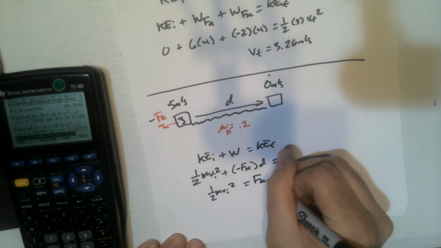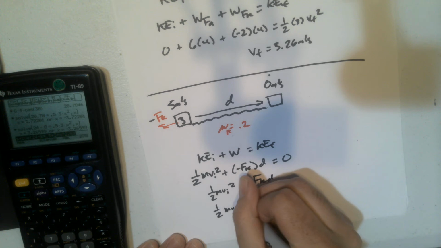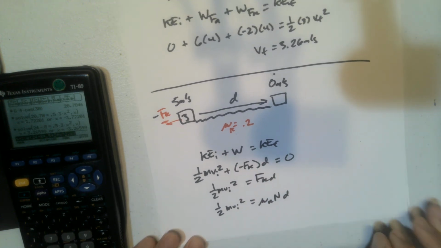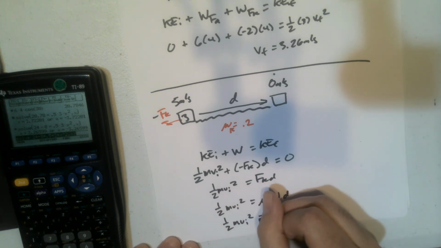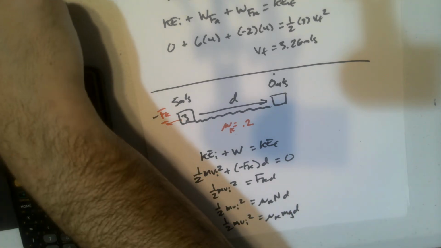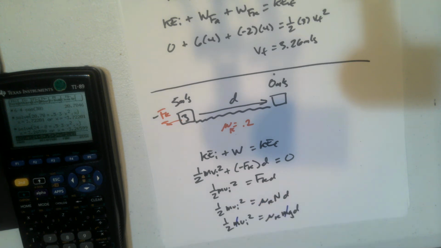So we've got fkd over here. And then we can say, all right, we know this is on a level surface, so this would be mu k n times d. But n on a level surface is equal to the force of gravity, so the last step would be mu k mgd. And then what you see is that, again, we've proven through energy that this process is independent of